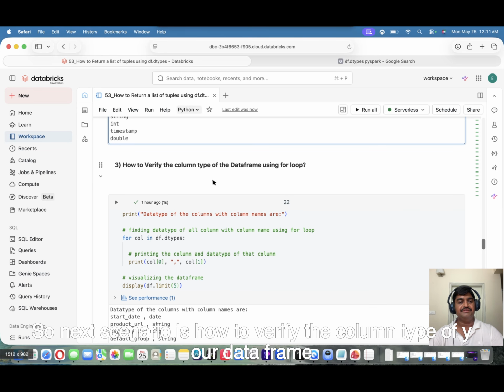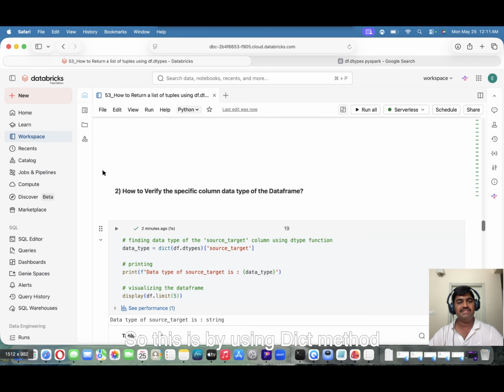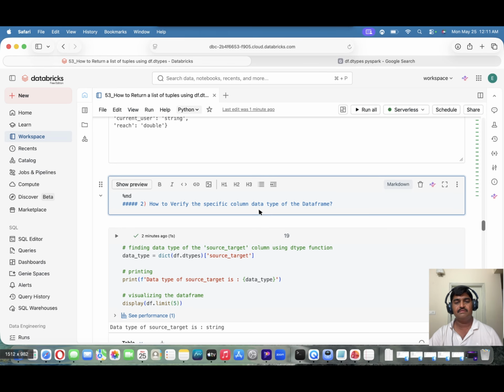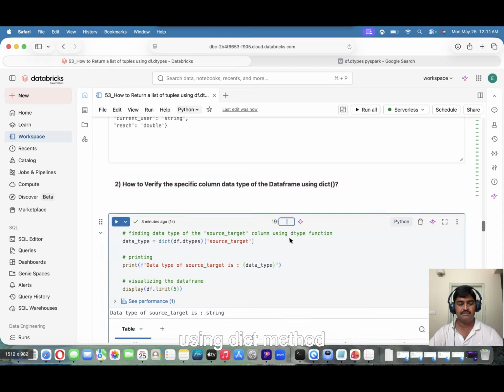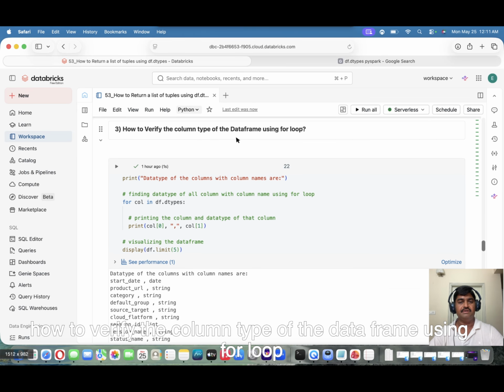So the next scenario is how to verify the column type of a data frame using a for loop. So this was by using the dict method for verifying the specific column data type of a data frame. Using dict method. And next, what we are seeing in the next scenario is how to verify the column type of the data frame